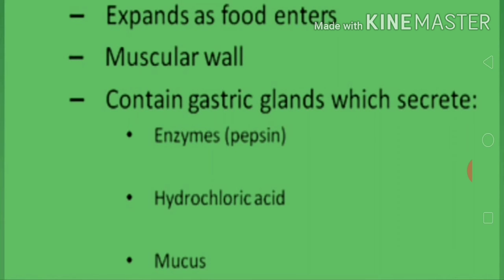Now the third one is mucus. Mucus is also very important because its function is to protect the inner lining of the stomach. The whole environment of the stomach is acidic, and digestion is also very strong. So to protect our stomach from being digested, mucus is there. And what is mucus? Mucus is a slimy or slippery substance which protects our stomach from being